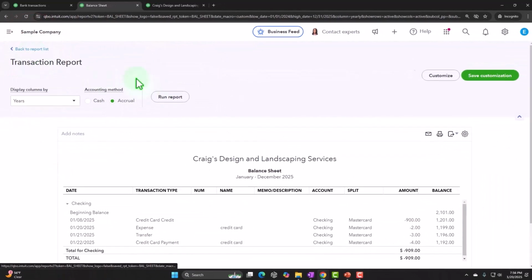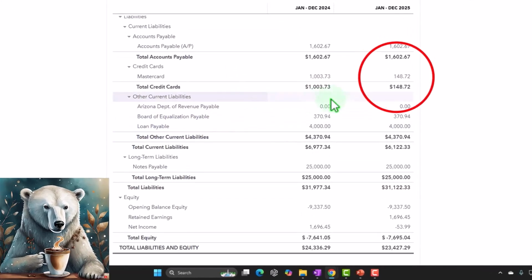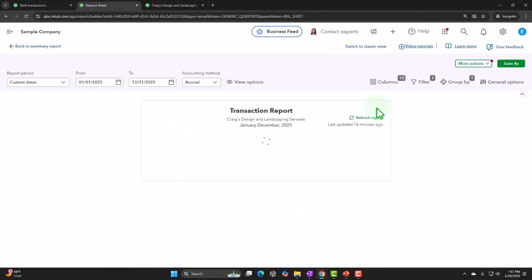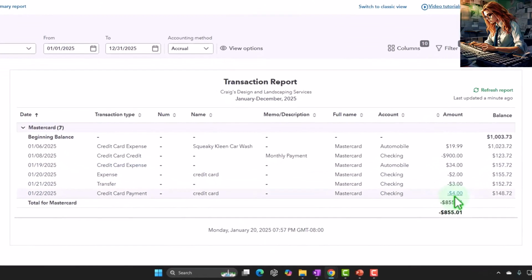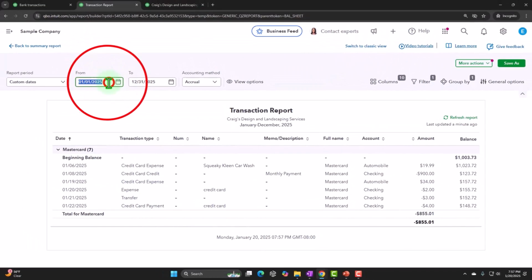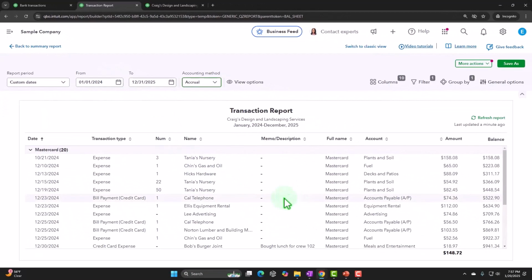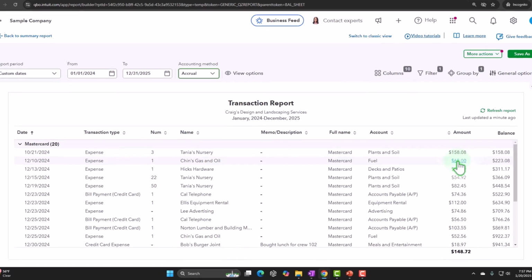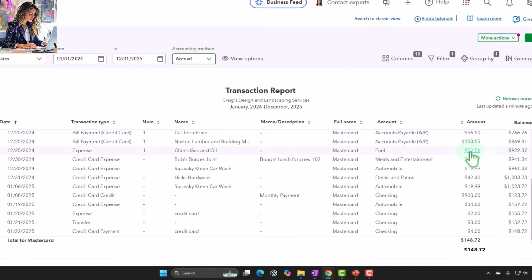Let's go back, and then let's go down to the MasterCard and see it on this side. MasterCard, and there it is. So there's the $4 decreasing on this side. Now it's showing as a credit card. So if I go back to 2024, now we can see that the expenses will increase the liability instead of decreasing the checking account when we incur them, and the credit card will decrease the liability as we pay